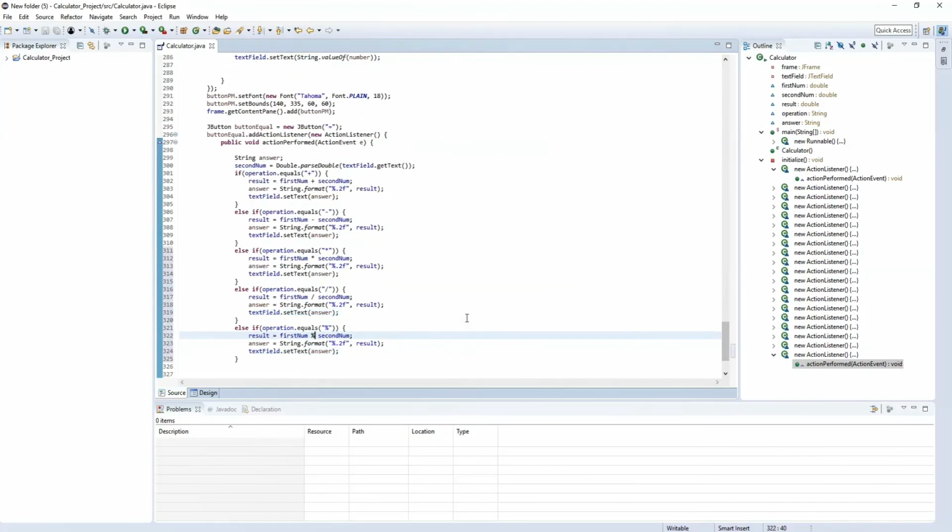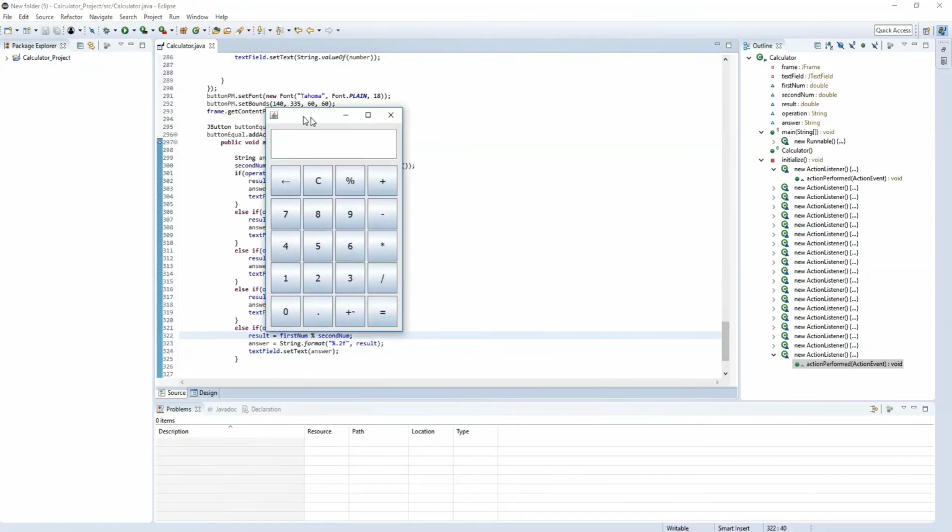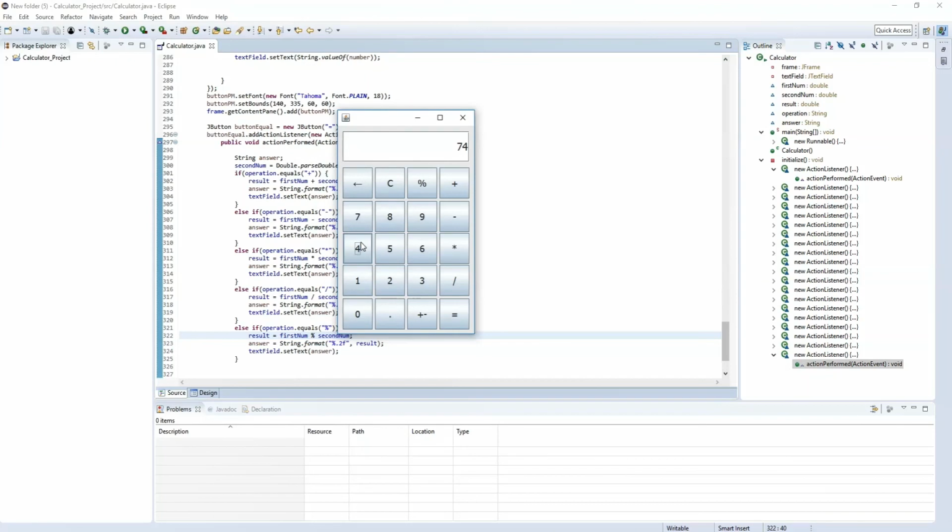If we run the calculator and type in 74 divided by 15, we get 4.93. We can negate it or put it back into plus. We can then multiply this, for an example, by 8, delete these two characters, multiply this again with 94, and then clear it all. We can